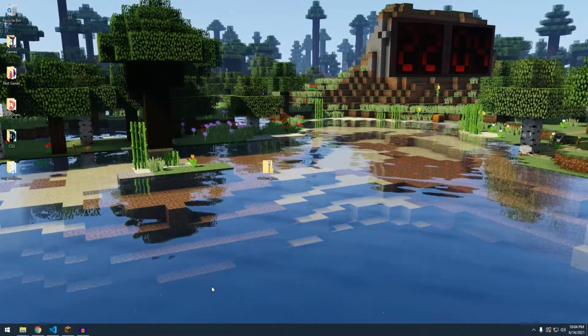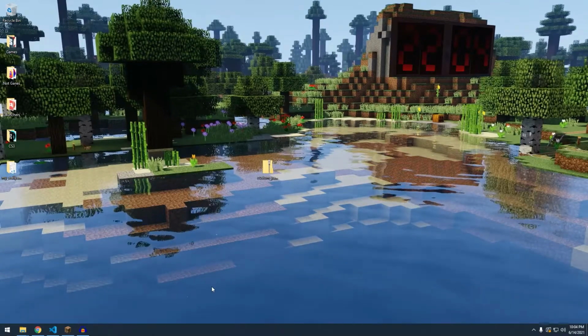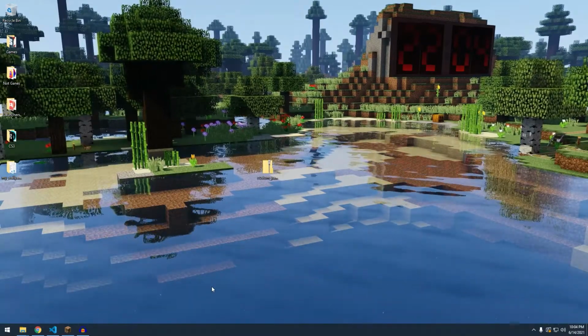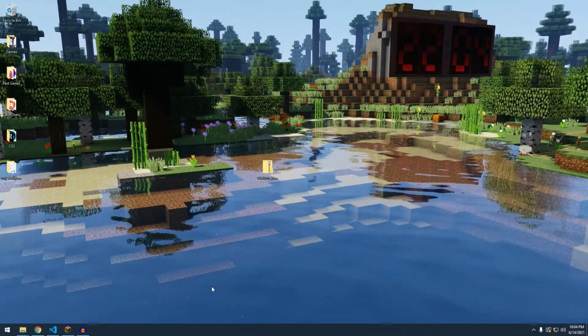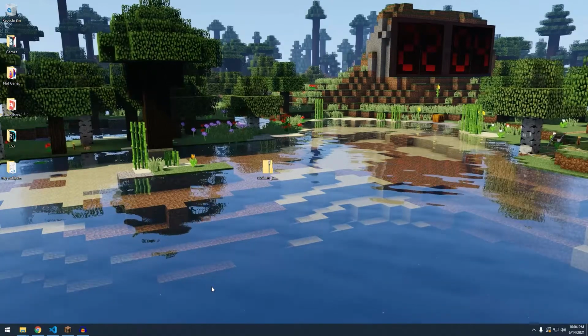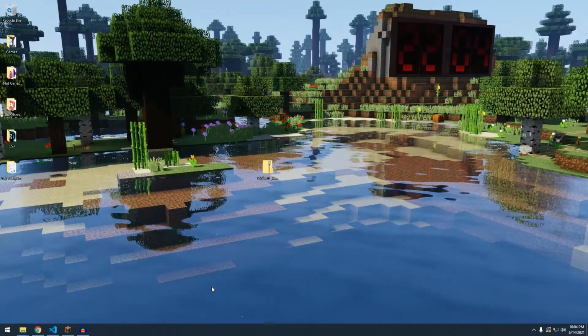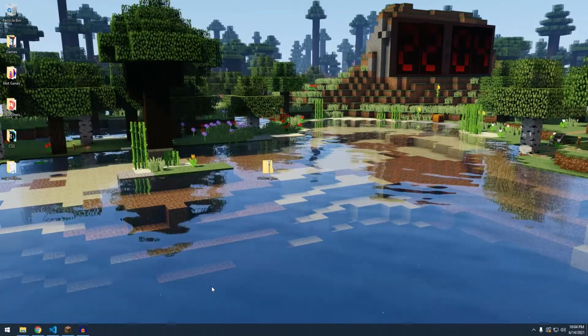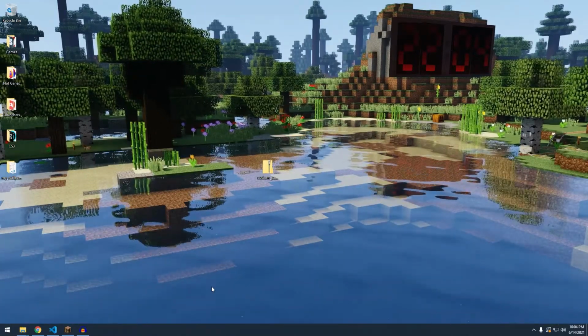Right now, if you want to create a particle, you basically have to replace one of the existing particles. And unfortunately, unlike blocks, there's no unused particles to replace, which means that whatever particle you replace will end up replacing something else that's currently in use. So say you wanted a custom particle for every time you hit a zombie, you'd have to replace, say, bubble